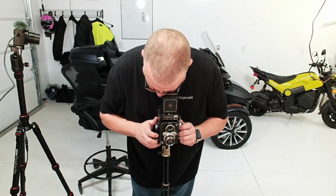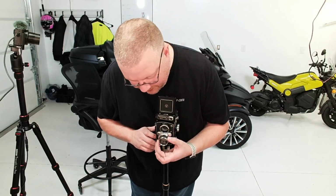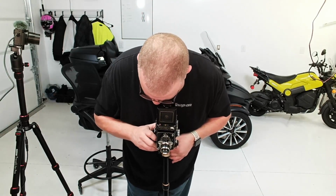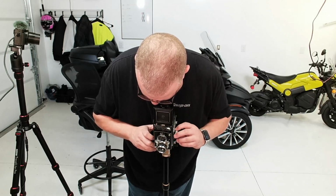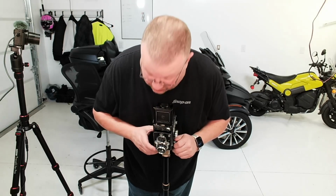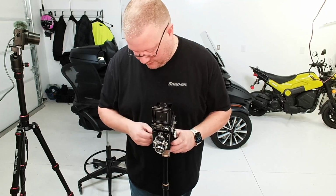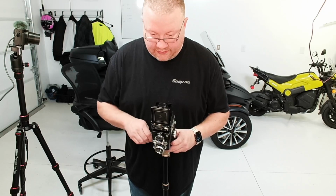This is on the macro lens. I have no idea how this is supposed to work. You're taking a picture here, but there's no lens here. So how do you focus that? I'm shooting in the blind here. Don't know what's going to happen after I advance the film again. Okay, that was of the